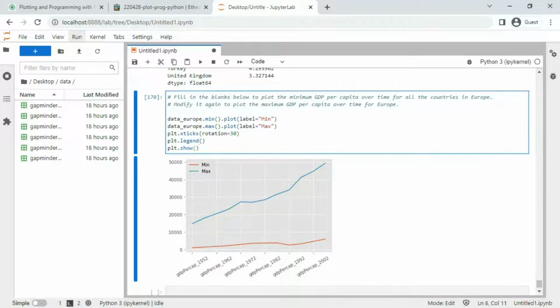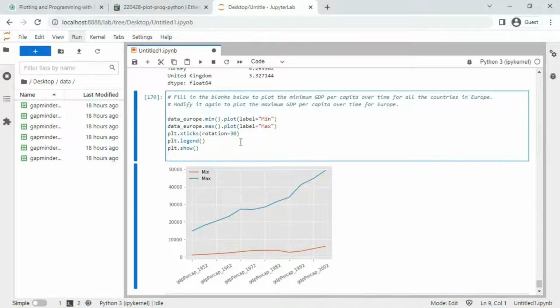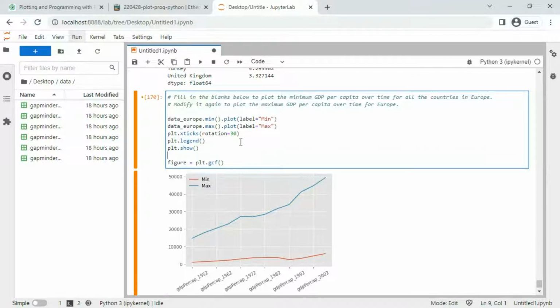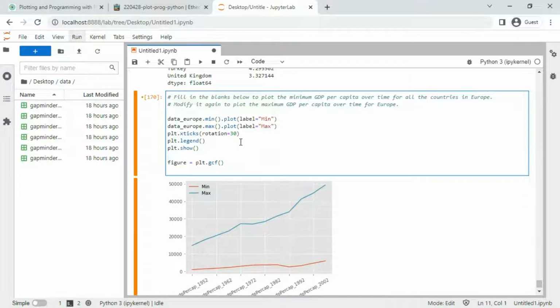To select the size, we need to use a figure that will be available where we will save the plot. The way is plt.gcf, get current figure. So I use that, and then I can use figure.set